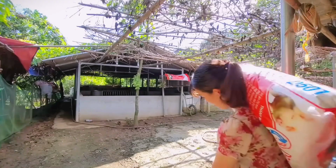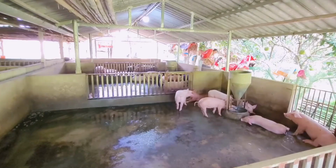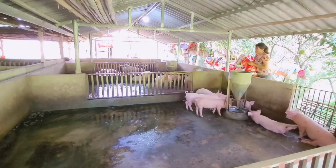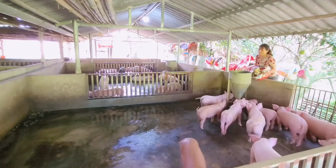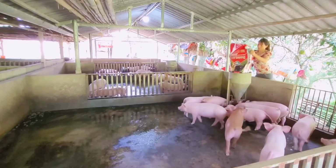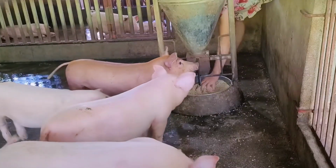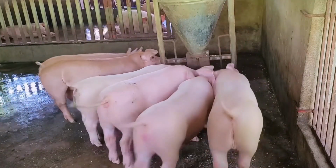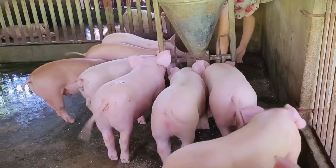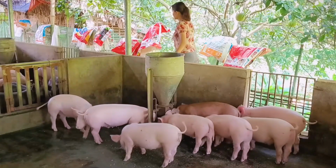Let piglets learn to eat from 7 days old. Let the pigs gradually get used to the food by applying food to the mother pig's udder or to the piglet's mouth, or sprinkling food pellets to help the pig get used to it. Feed the piglets several times a day. Clean feeding troughs and drinking troughs regularly, 2-3 times a day. Do not keep food in the trough for a long time, causing sour fermentation,